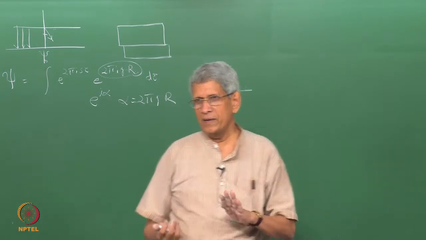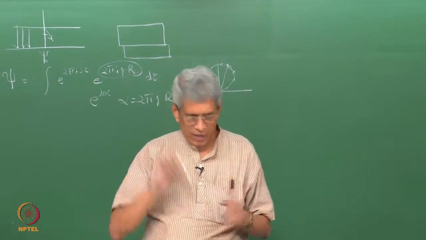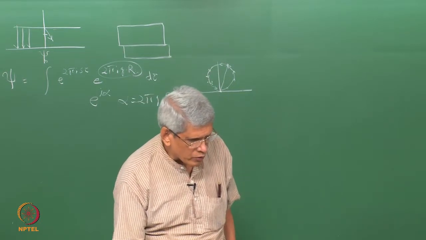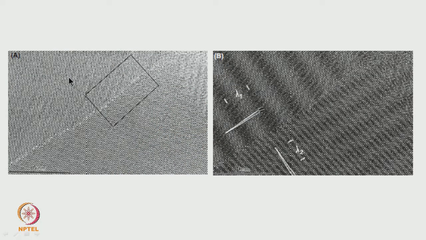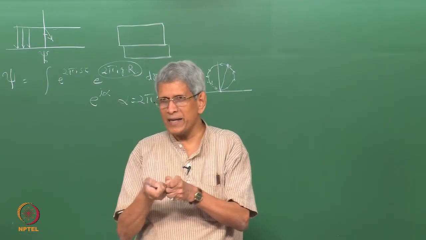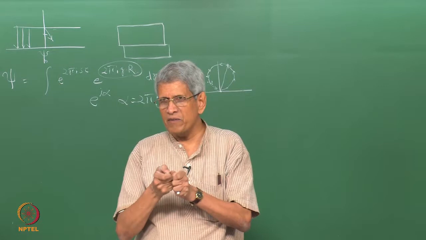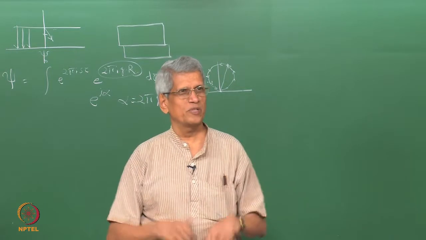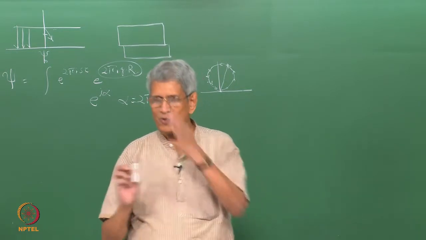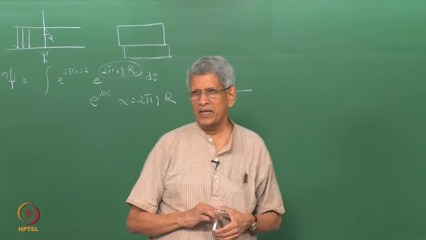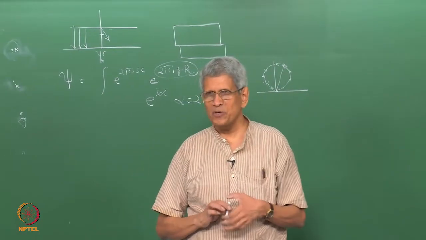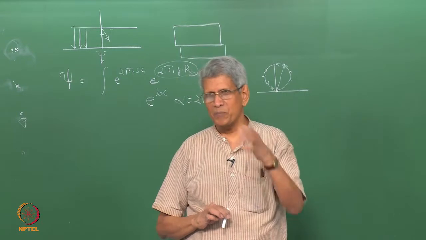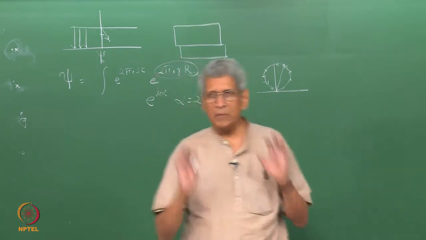See, that is because in this pattern, if there is a dislocation somewhere here, some planes are slightly deviated from it, you cannot even make out because it is difficult. But if you expand the lattice and put it there, small deviation, now you can generate a Moire fringe pattern and enhance the contrast so that now you are able to see it. You understand that this is one technique which has been employed by scientists when this high resolution microscopy became quite prominent. Is it clear? There are many methods in which it could be done.